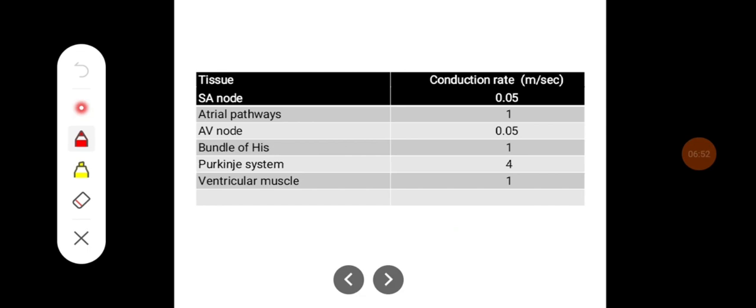This table shows the conduction velocity at different nodal tissue. SA node is 0.05 meters per second. Atrial pathways it is 1. AV node it is 0.05, where there is a delay which is called AV nodal delay. In bundle of His again it is 1 meter per second. In Purkinje system it is rapid, that is 4 meters per second. In ventricular mass it is again